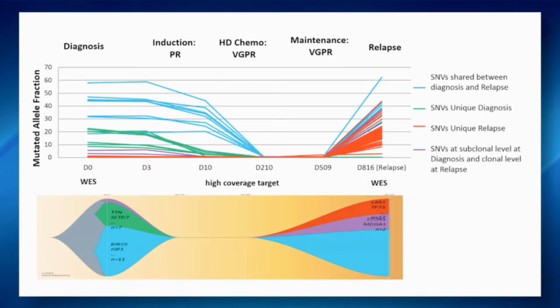Clones: one major clone, a minor clone, and a further clone, depicted in different colors here, corresponding to the mutated allele fractions. These diminished over time as the patient underwent treatment and was in very good partial remission. And then, unfortunately, there was a relapse. However, at the time of relapse, mutations appeared that had in fact been present in a very minor clone at the time of diagnosis. And so what we can in fact infer from this data is that the chemotherapy that